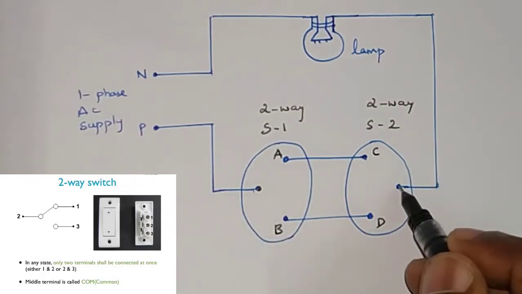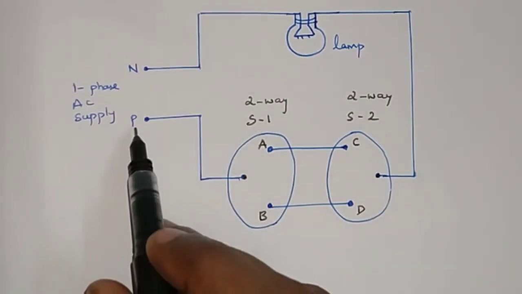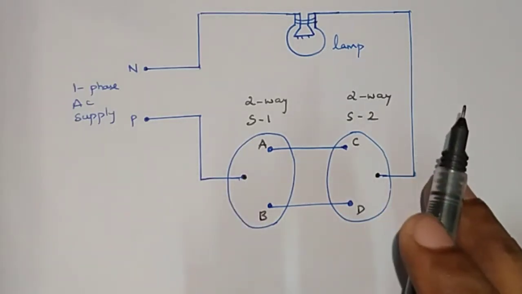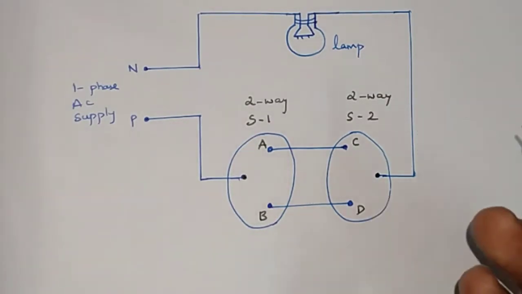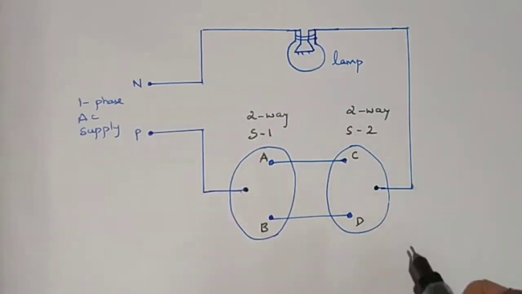Anyhow, the middle terminal will be the common. And as I told you, phase is always connected to the switch, and it is connected to the middle terminal, you can just see. And neutral is always connected to the lamp according to the Indian electricity rules. After drawing the wiring diagram or circuit diagram of two-way control of lamp, I'll explain with the help